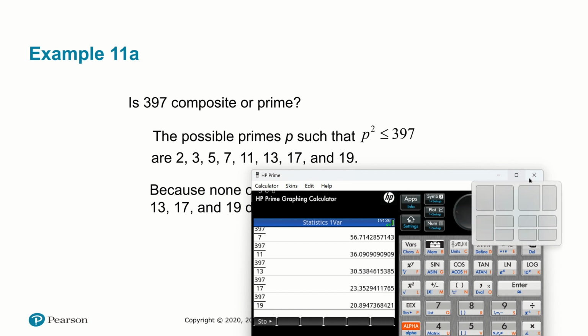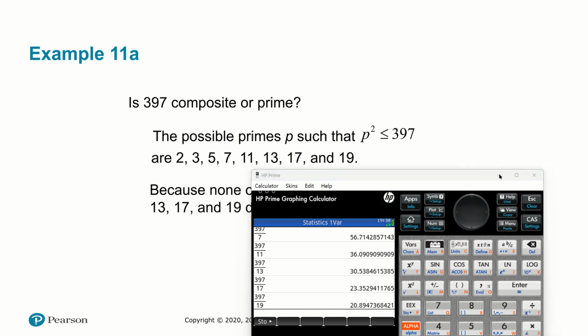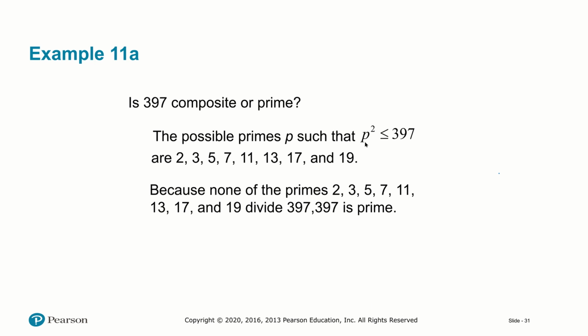So basically, we realized that given that we couldn't find a prime such that the square of it is less than or equal to 397 and it goes into 397, we conclude that the number 397 is prime. So this nice little fact that we learned on the previous slide really cuts down the number of prime numbers that we have to